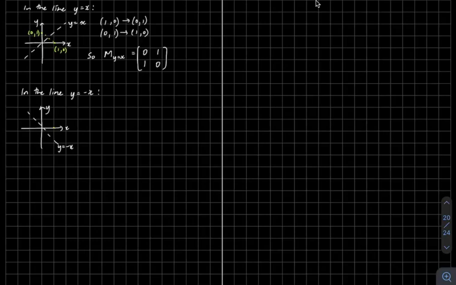Take our 2 points here, so we've got 1, 0 and 0, 1, and they get reflected down to 0, negative 1. And this one here gets reflected across to negative 1, 0. So the point 1, 0, its image is 0, negative 1, and the point 0, 1 has as its image negative 1, 0. So we can say matrix for reflection in the line y equals negative x would have first